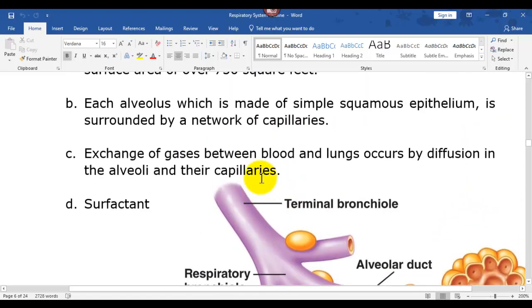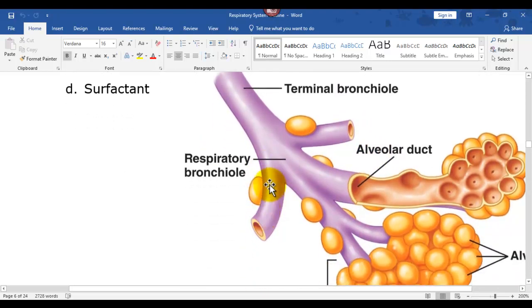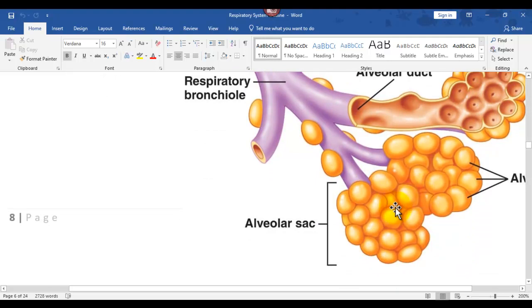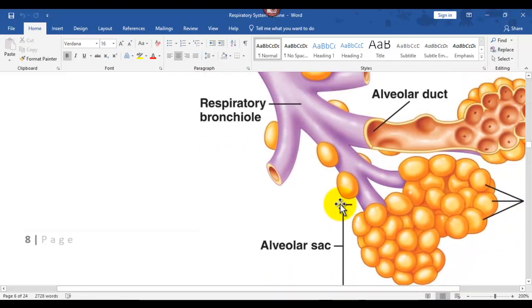And those tertiary come down and they make these little terminal bronchioles, which then go into these. See these branching this way and that way? These are respiratory bronchioles, which you can actually see in slides sometimes. And then those eventually come to what's called the alveolar duct, which leads into this area called alveolar sacs. And then over here you see it says the alveoli or individual air sacs. So the way those work,